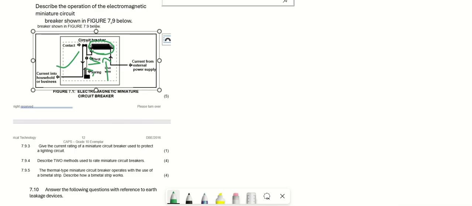The spring helps disconnect the live conductor. Here's a live wire, and it flows to the coil.